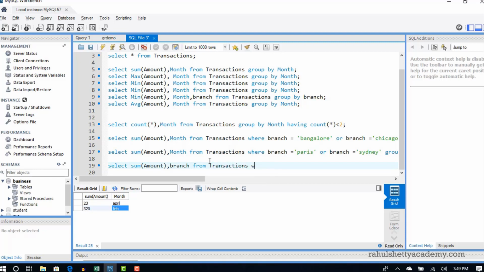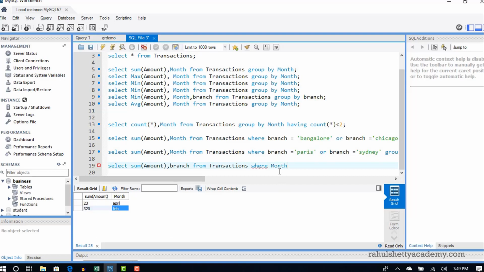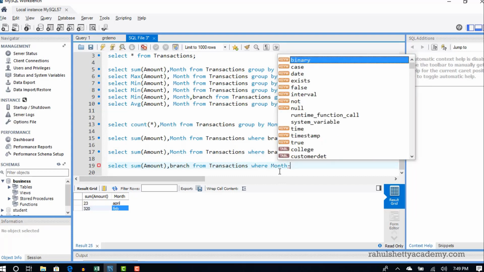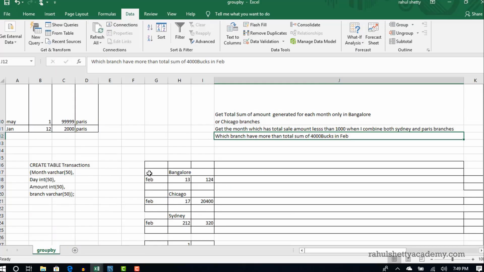From transactions where month equals Feb, because I am interested only in Feb. So where month equals Feb, and then group by branch. So this is the result you should get now.